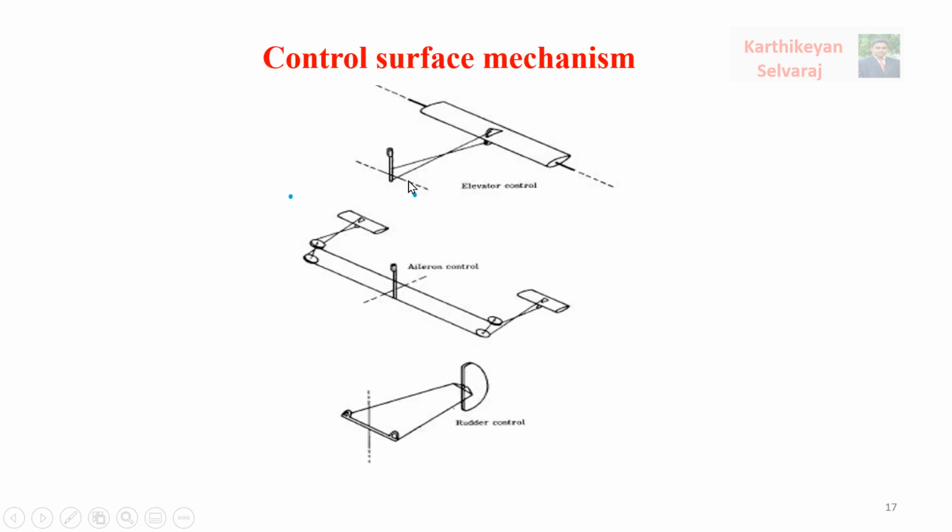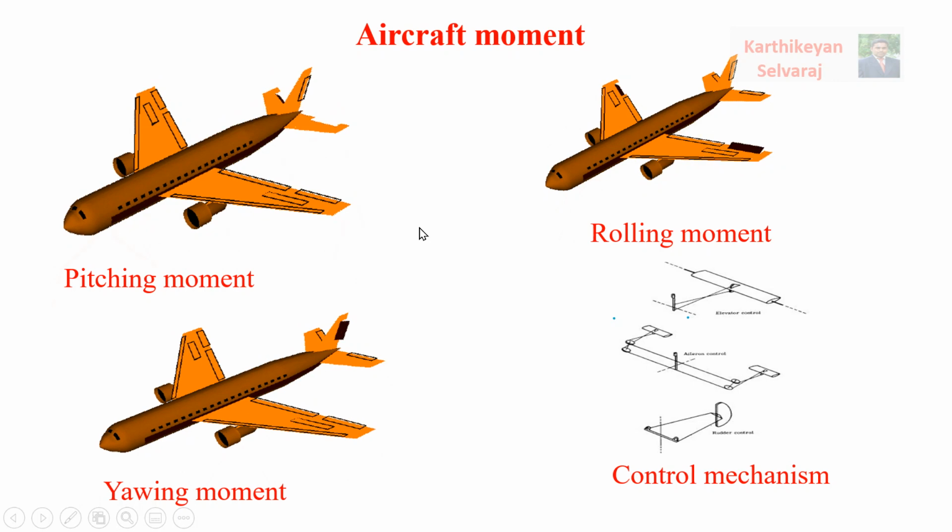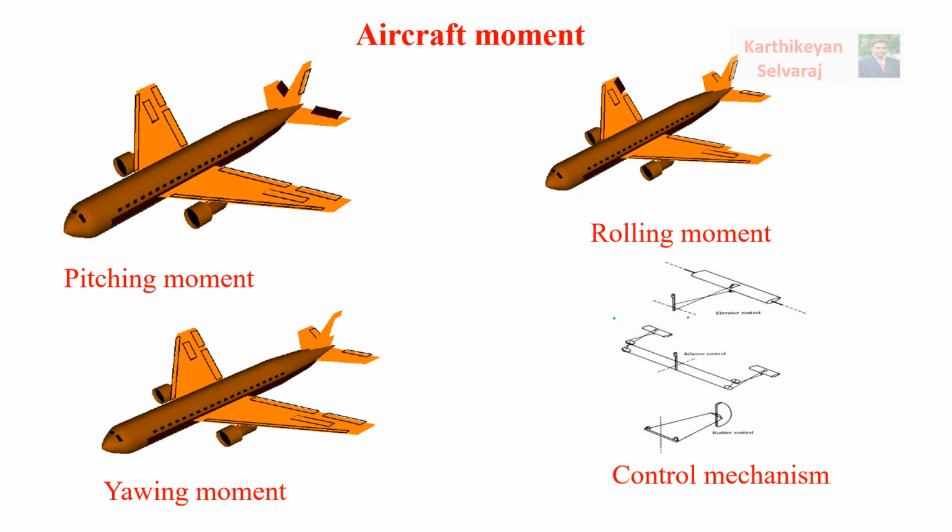And these are the control surfaces that we discussed. You can see the elevator controlled front and back, the aileron controlled left and right, and the rudder controlled by the left and right pedals. So the rudder is based on the rudder pedal, the elevator is based on your stick, and the aileron is also based on the stick. This single slide will be helpful to understand all three movements.